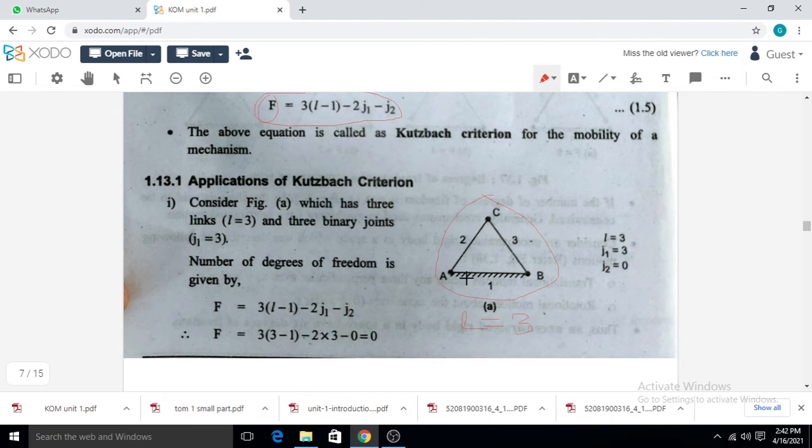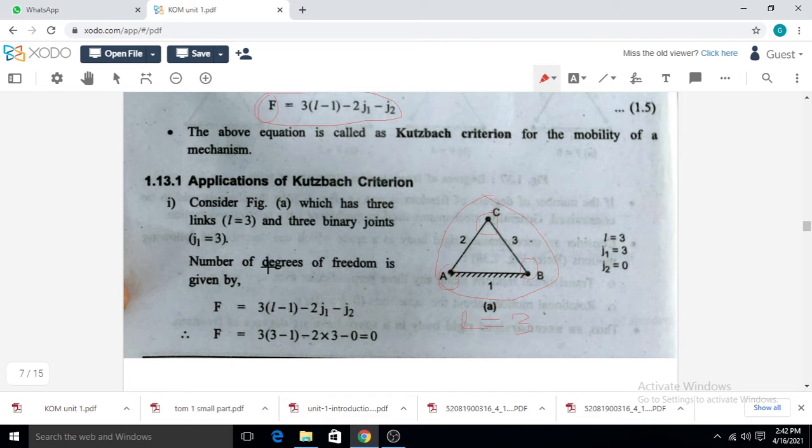Number of binary joints: here is one binary joint at point A, another binary joint at point C, and another at point B. So the total number of binary joints is 3. Higher pair means a line contact or a point contact between two links. In this case